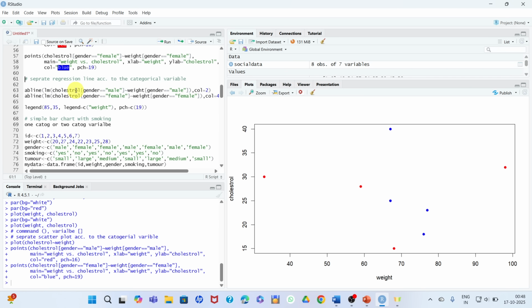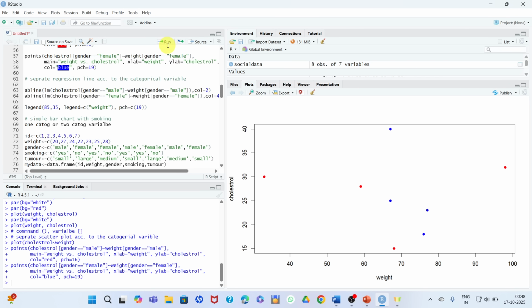Likewise, if you want a regression line, the command for the categorical variable is abline(lm(cholesterol. As I have said, it is in the round bracket, and gender is a categorical variable, so it is in the square bracket: gender equal to male, tilde sign, weight, gender equal to male, color 2.